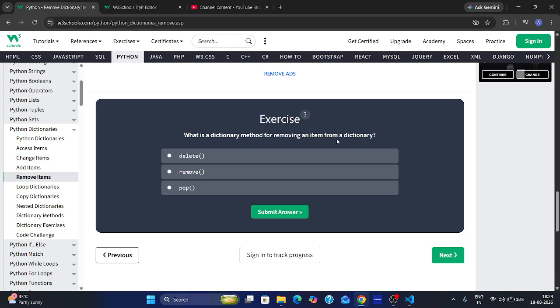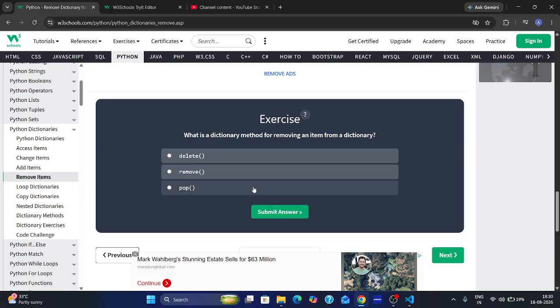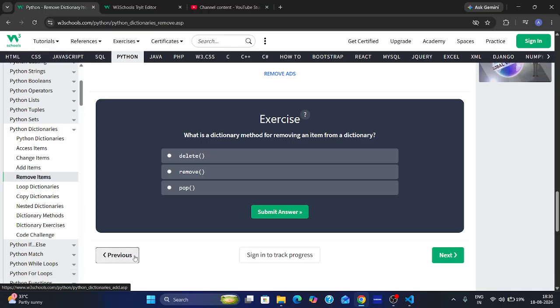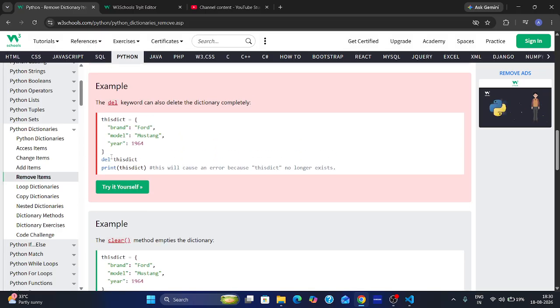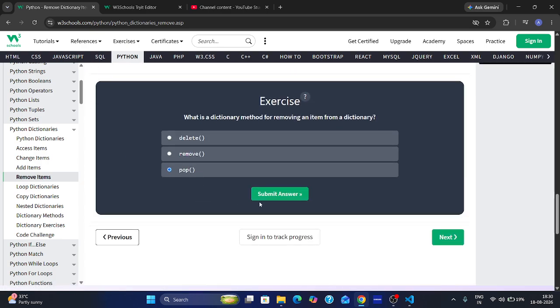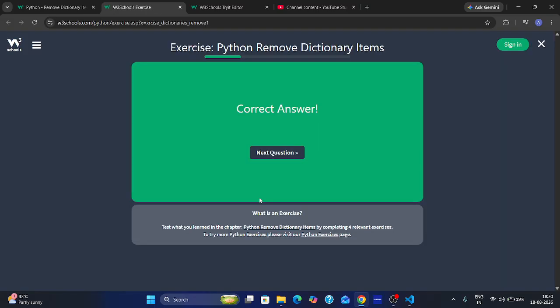Which is a dictionary method for removing an item from a dictionary? Delete, remove, solve by yourself, which is the correct option. I hope I have told you we use pop for removing. If you want to use del, you can use del only, the delete keyword is from there. Okay, so our correct answer is